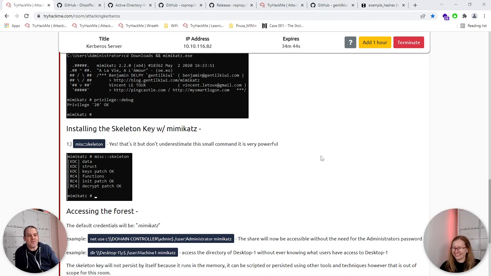So just be careful with that. If you want to use this in an engagement, make sure that your client knows about it, and you can verify if they can detect it. But yeah, especially the skeleton key. I mean, it's a great technique. It's just something that, oops, sorry,